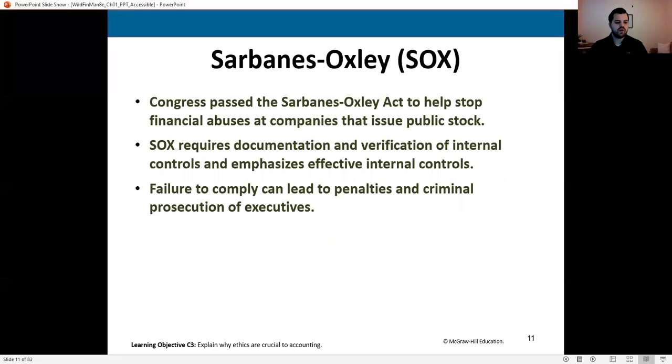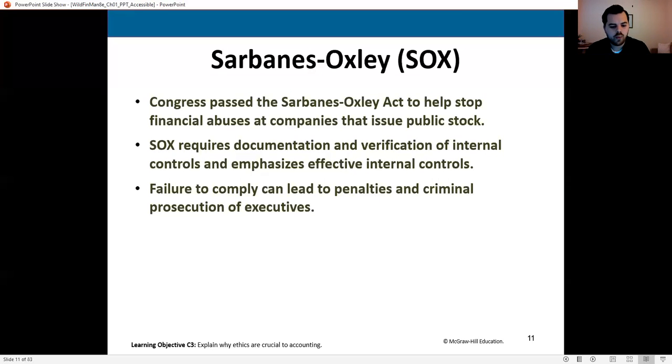Now, we talked about ethics, we talked about the fraud triangle. Now we need to talk about kind of the culmination of all of this area, which is SOX, or Sarbanes-Oxley. So Sarbanes-Oxley was passed in the early 2000s as a response to the Enron, WorldCom, and Arthur Andersen crisis. When all three of these companies collapsed literally over a period of a couple of months, certainly less than a year, Congress had to step in.